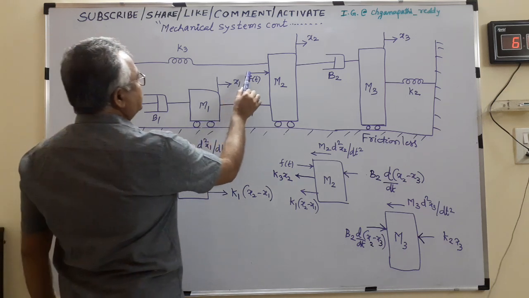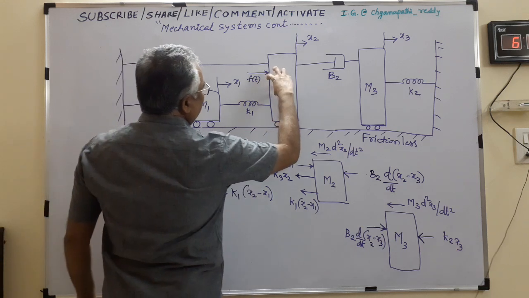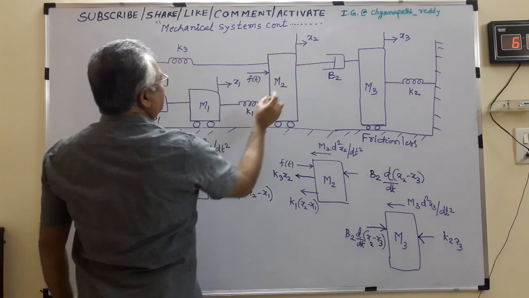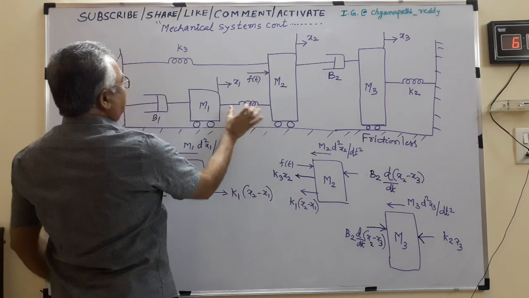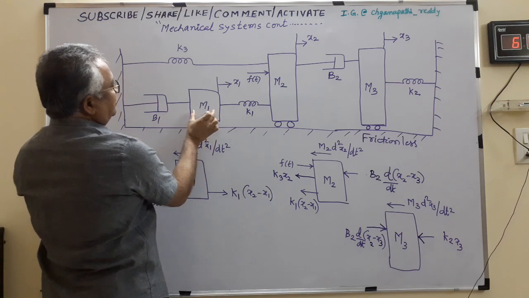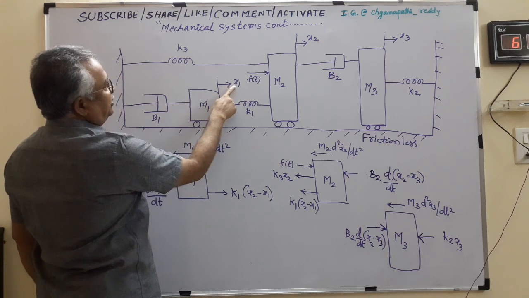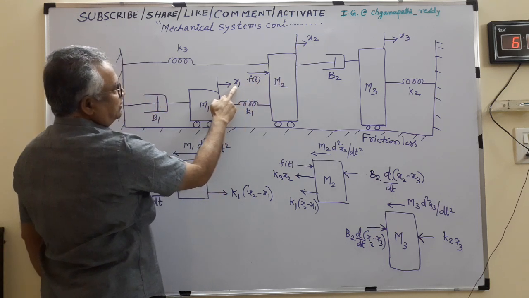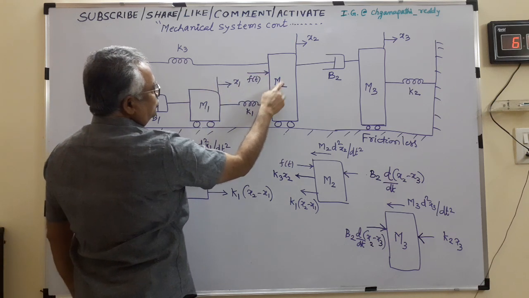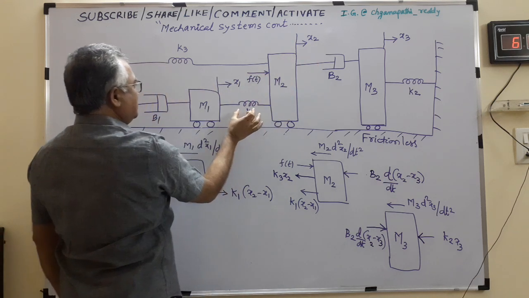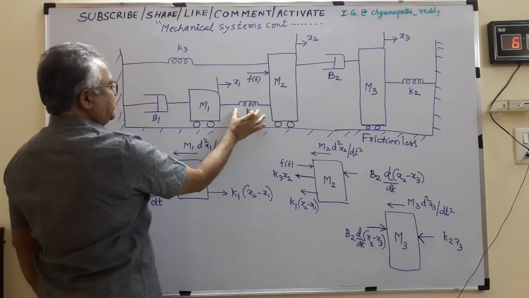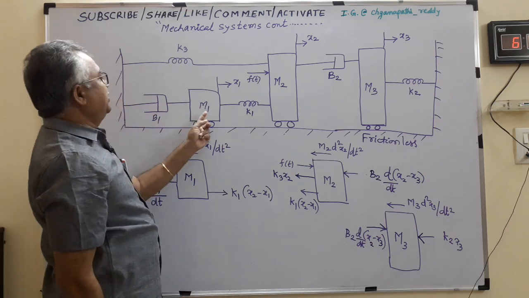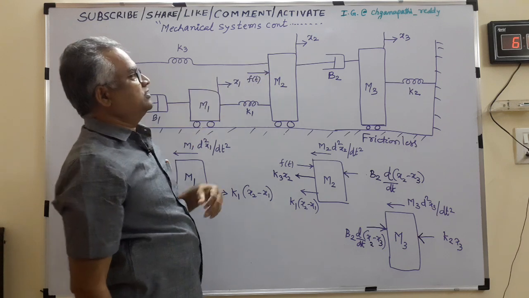So when force is applied here, obviously M2 will move. M2 is moving a distance of x2, so the spring is expanding, but the other end is not fixed, it is also moving. M1 is also moving, this is x1. So obviously the x2 value is more than x1. Force is directly applied on M2, M2 moves a distance of x2, and to some extent the spring will expand. This piston also expands. So the net movement of M1 is x1, but x1 is definitely less than x2.